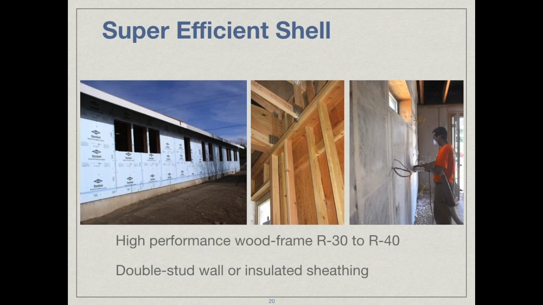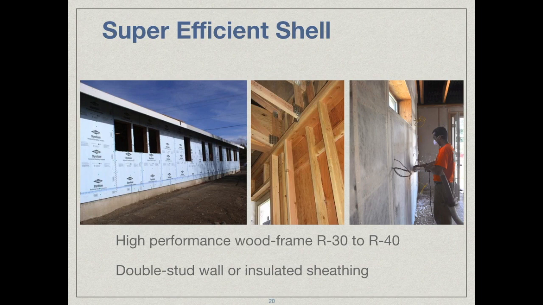Let's look first at the shell. Just a real quick look at a couple of different ways to make the shell more efficient. The walls tend to be the most troublesome because there just isn't a lot of space there for insulation. So there are really two fairly well accepted methods for increasing wall insulation. One is to put a rigid insulation sheathing on the outside of the building. This can be either an inch, 2 inches, 3 inches, 5 inches, depending on what kind of R value you're shooting for. The other method